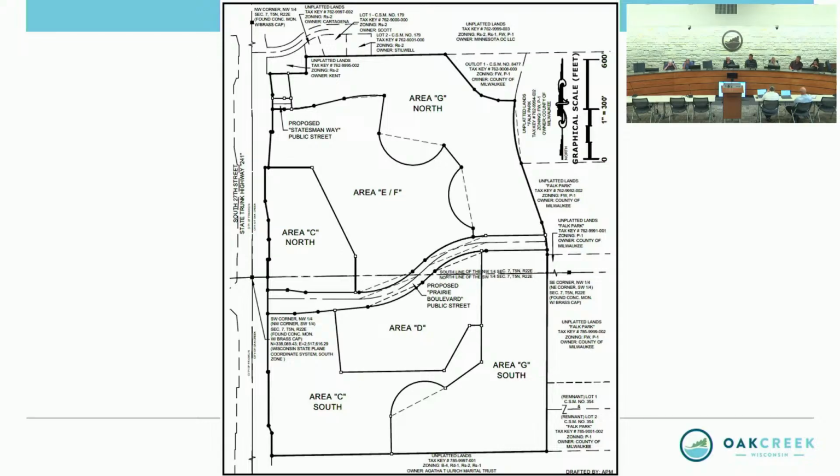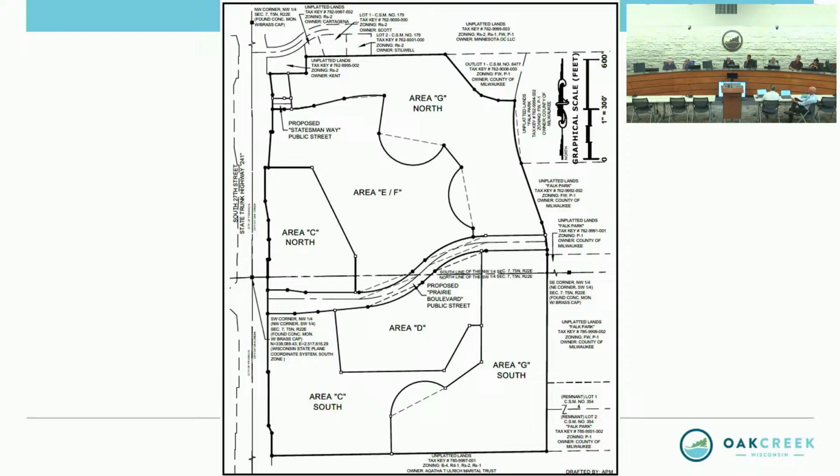Two of those agenda items from the end of July included a planned unit development overlay district over 2 of the future areas, if you will. And what's before you are the actual conditions and restrictions. They were described at that meeting, but this is just the technicality that the document listing the conditions and restrictions be recommended for approval, subject to the public hearing to be held September 2nd.